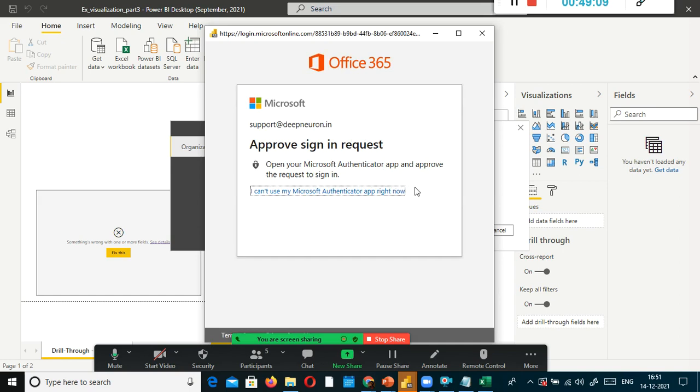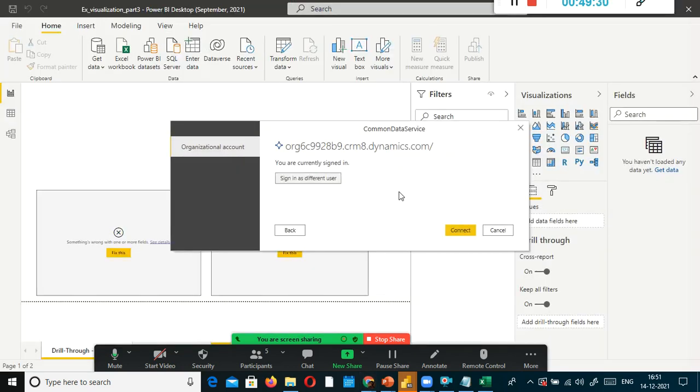Okay, so you have something called the Microsoft Authenticator app. You just go to Play Store and install the Microsoft Authenticator app, okay. Just type Microsoft Authenticator app in your mobile phone. In my case I'm using my mobile, so it automatically sends a message to my app to continue logging in, okay. You are currently signed in, good. So you need to install it using Play Store, and then click connect. So now I'm able to connect successfully. The next step is connect.